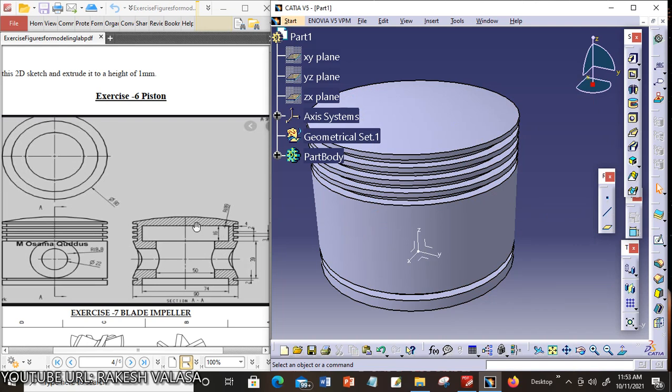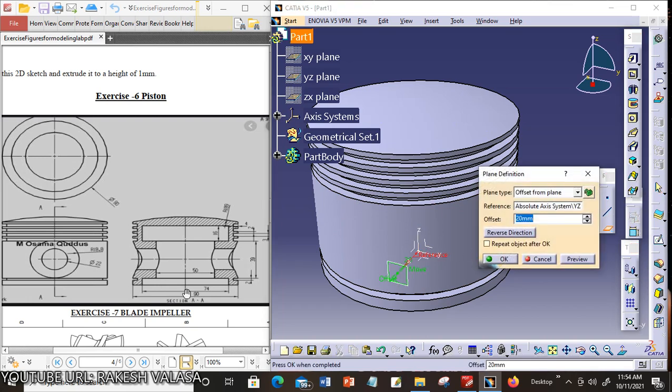After completion of this part, you can apply the pocket. Then you can draw the two circles and apply the pocket to this part. For constructing these two circles, I want to create one plane. Now I'm choosing the YZ plane. Create one plane at a distance of 90 by 2, that is 45 mm. Click OK.